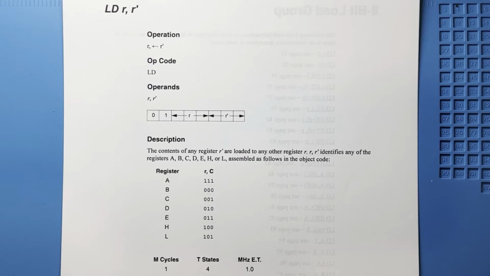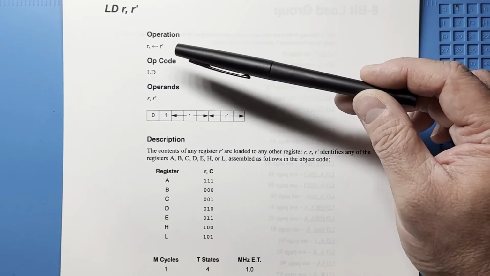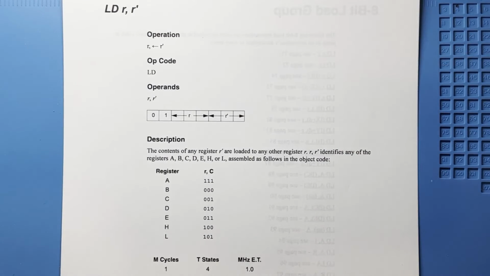Now let's explore how the Z80 processes instructions. Each instruction consists of a 1 or more byte opcode, possibly with register codes embedded, followed by 0 or more parameters. So for example, this instruction loads the value of one register into another register. The 1 byte opcode for this is encoded as